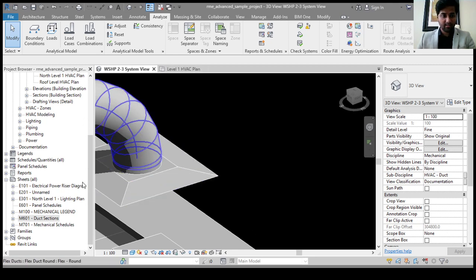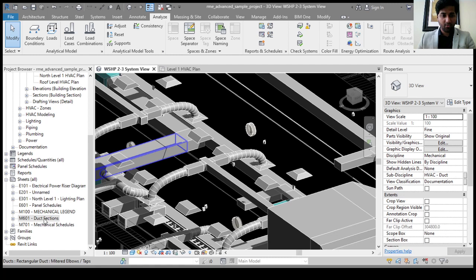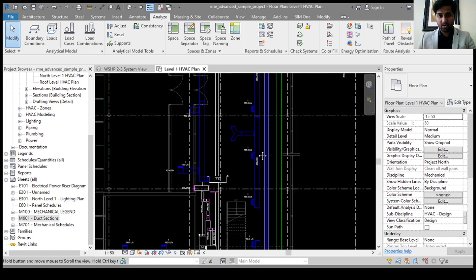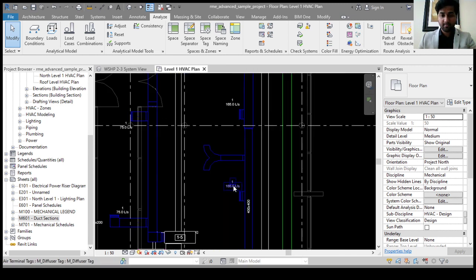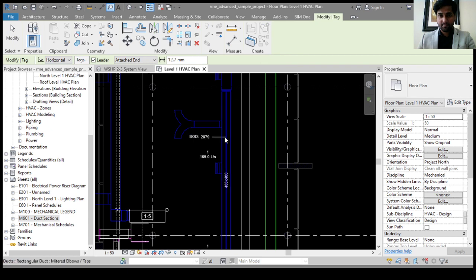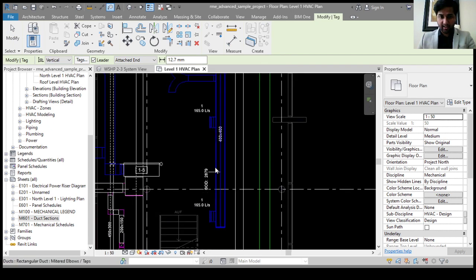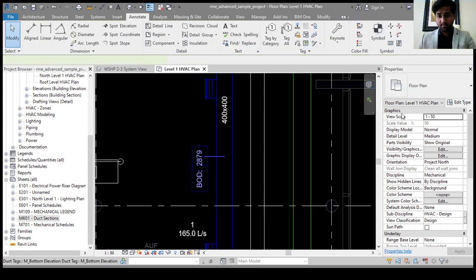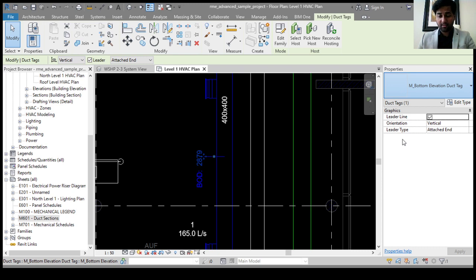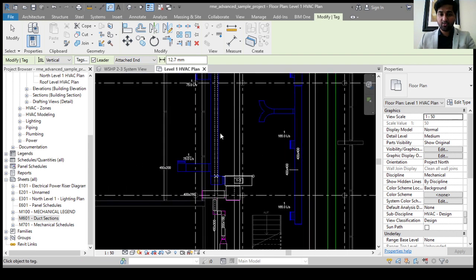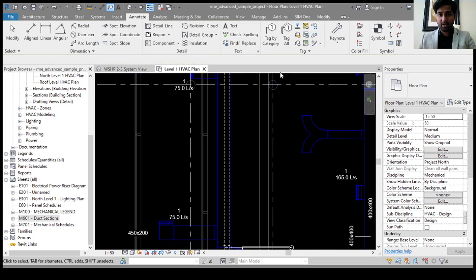Here again, let's go to a floor plan. As you can see, this is the floor plan which I have here, and using the tag option, I can directly get the bottom of duct from here. If I want, I can also have different other tags. Now what I'm getting is the size tag. So when I go on giving the tags for all the other ducts here,